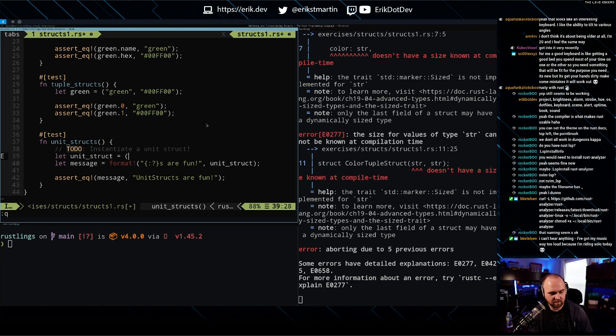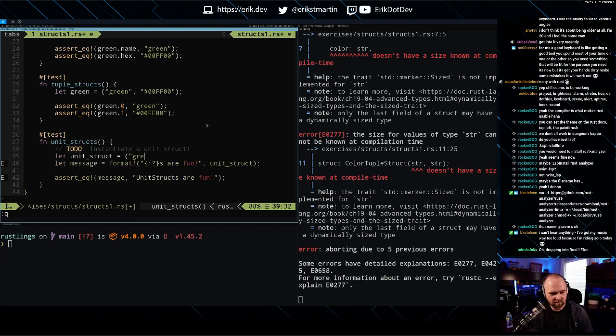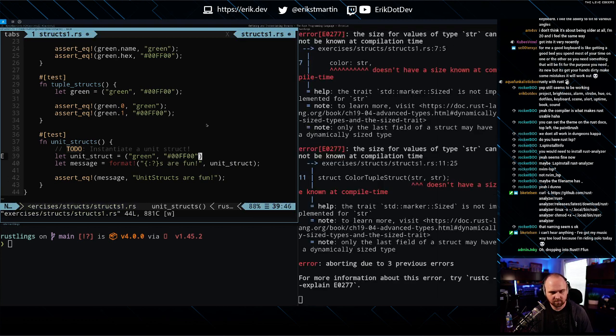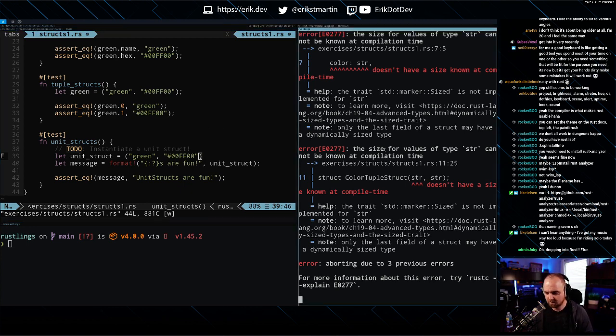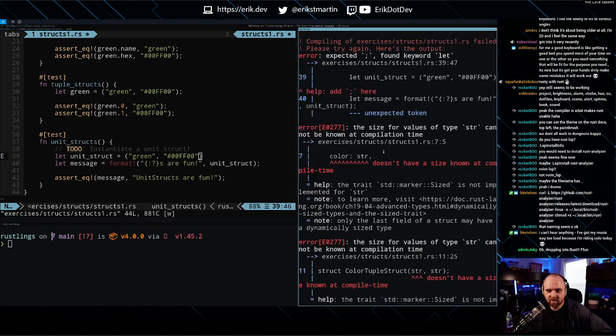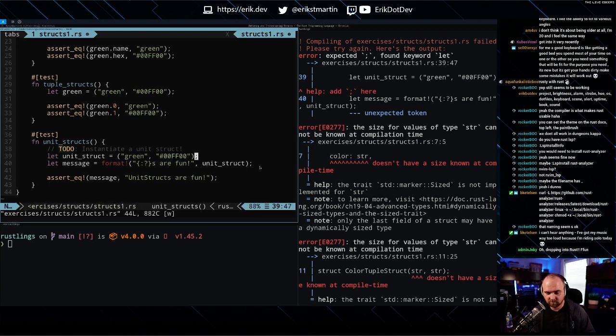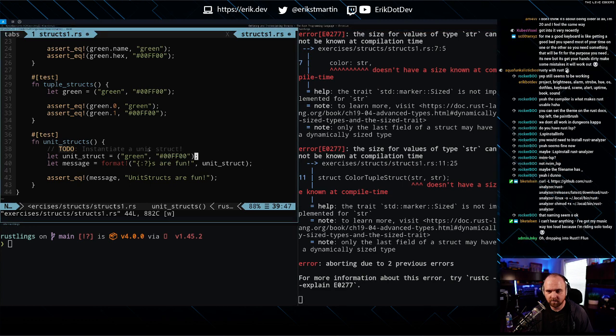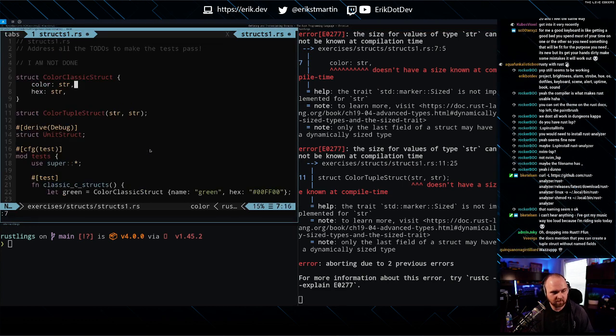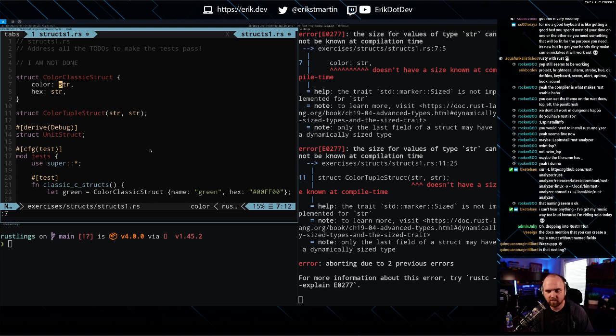And now I'm curious here if we just do like... This feels like this is a tuple though, doesn't it? No. Yep, we are trying to learn some Rust. Well, at least I am. Let here. Oh. And then line 7 doesn't have a size known. Can we not use that there?